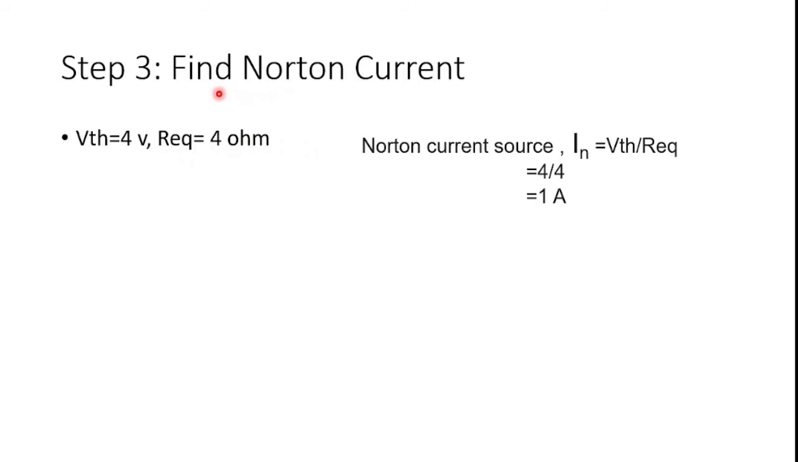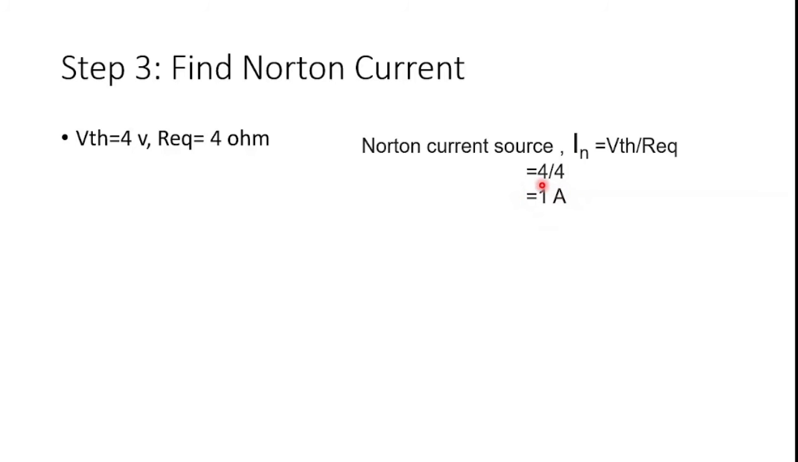Now our third and final step is to find the Norton current. How do we do that? We'll just plug in the values of the Thevenin voltage and equivalent resistance, just like that. V equals IR, or I equals V by R, and so the Norton current IN will be equal to 4 by 4